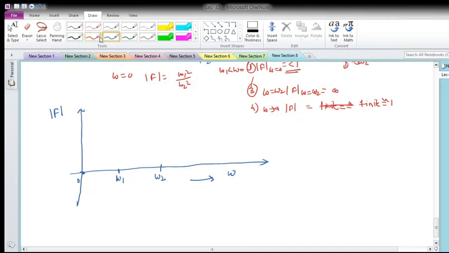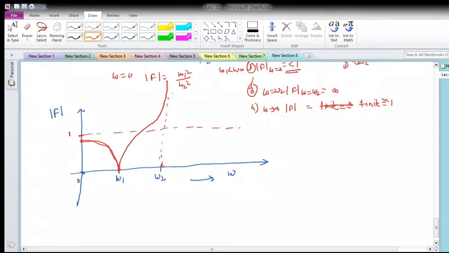At omega equal to 0, obviously the magnitude is less than 1, because omega 1 is less than omega 2. Then as omega increases, it will be decreasing. At omega equal to omega 1, the magnitude is 0. Then as frequency keeps increasing, the magnitude response also increases like this, and reaches infinity when omega tends to omega 2. I cannot show the infinity, so I have to stop somewhere.